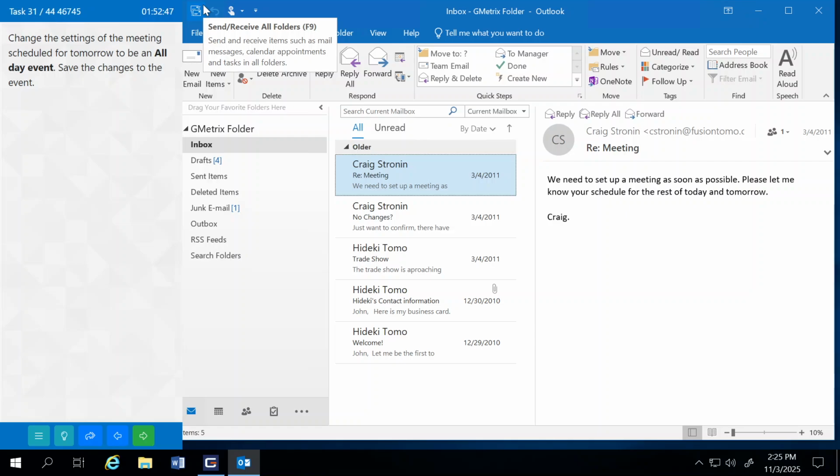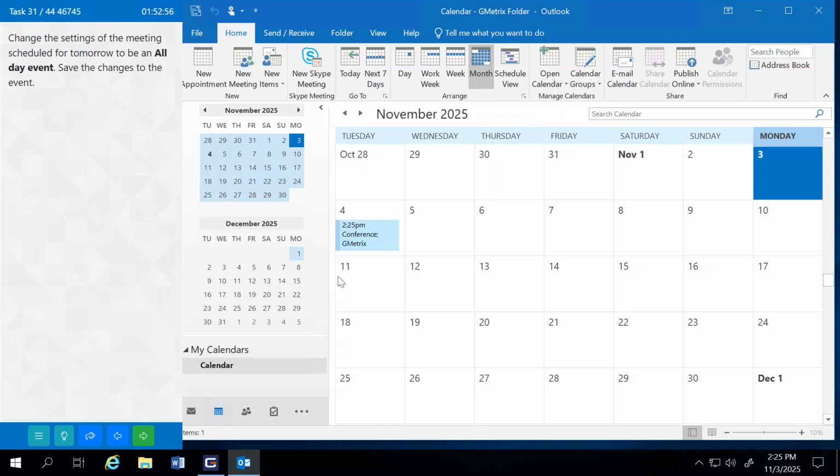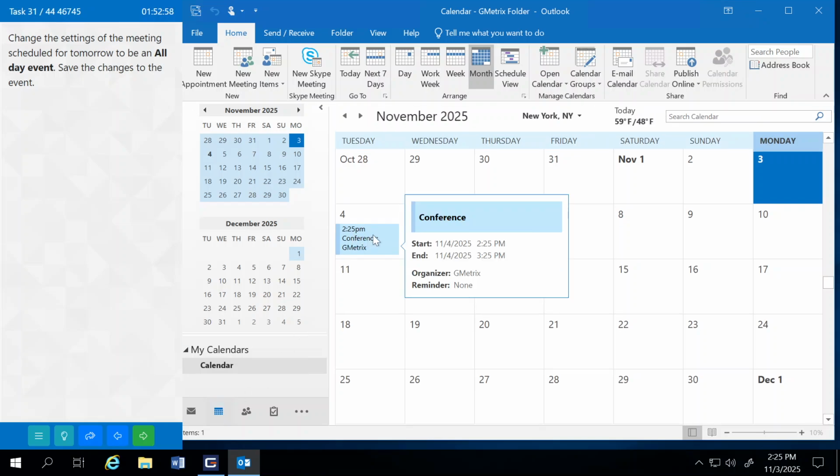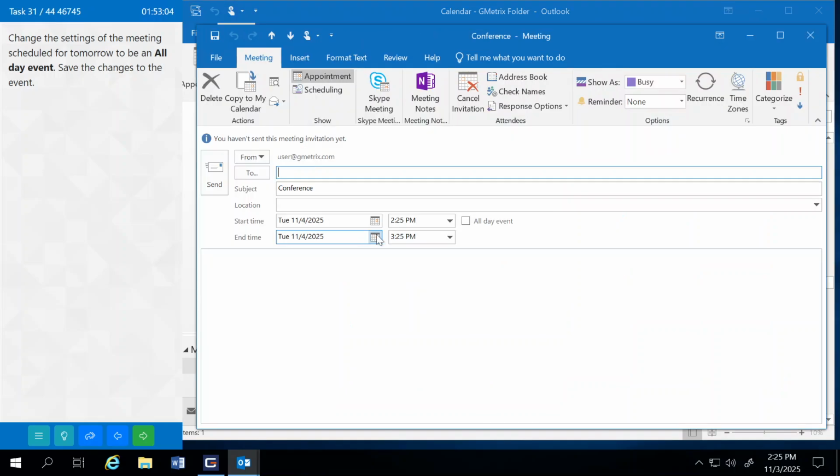Change the settings of the meeting scheduled for tomorrow to be an all-day event. Save the changes to the event. I'm going to go open my calendar view. Here I have tomorrow's meeting, 2:25 p.m. conference for geometrics. I'm going to double click